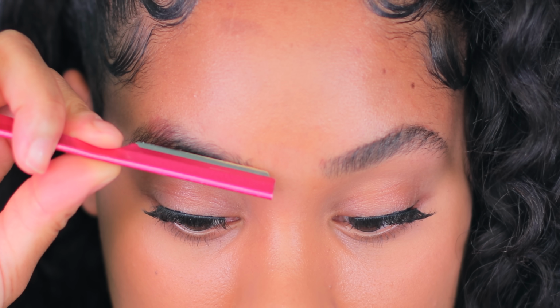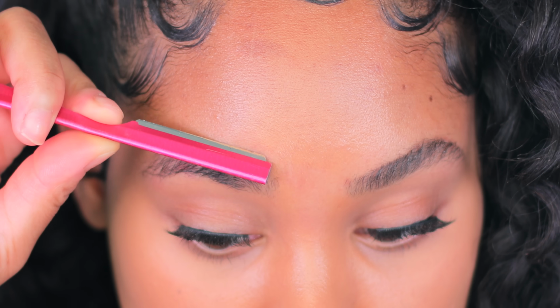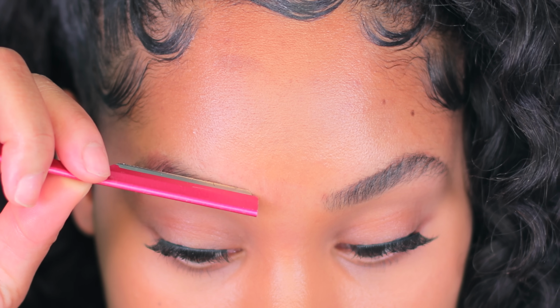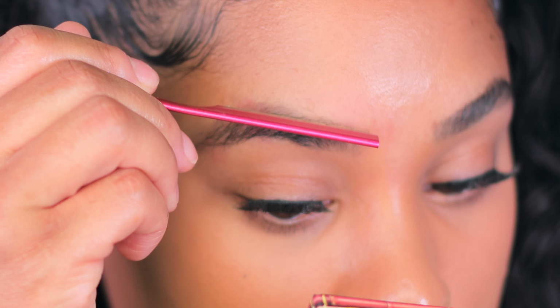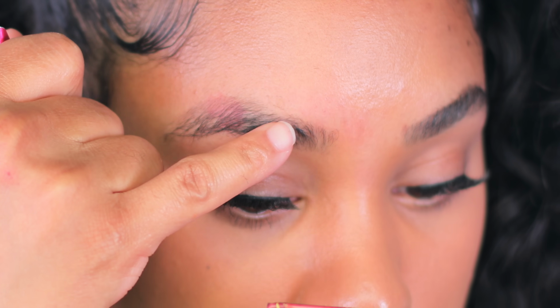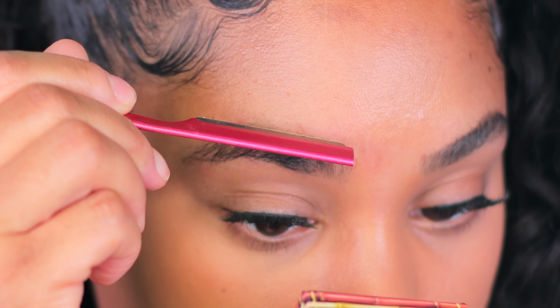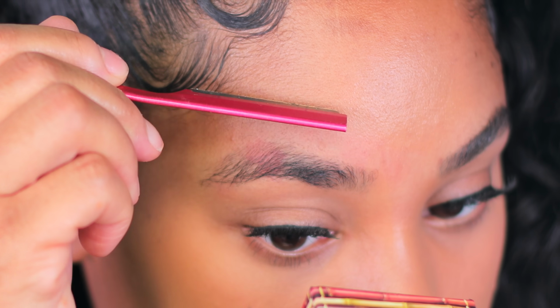So when I'm removing the hair, I like to start from where I want to remove it and go upwards. I rarely go downward, and if I do, I'm so careful because I can't stress enough how easy it is to shave your eyebrow off with this razor. So, these hairs right here, I don't know if you can see them poking out, I need to remove those. So I'm gonna take my razor and just gently, slowly, with not too much pressure, shave upwards